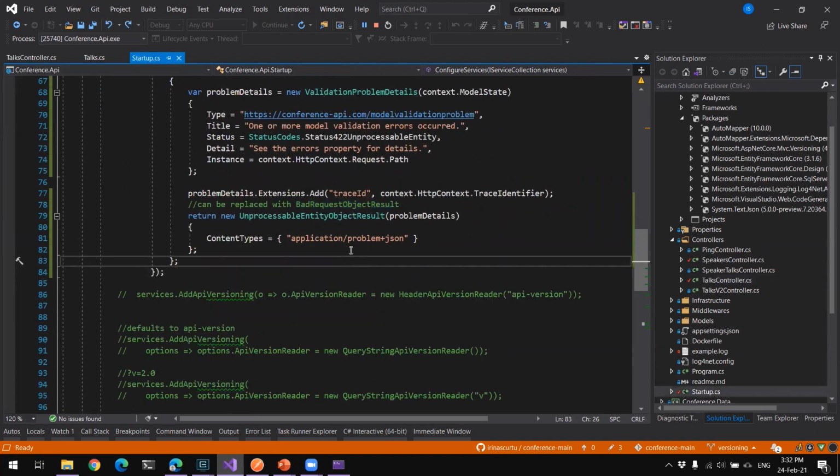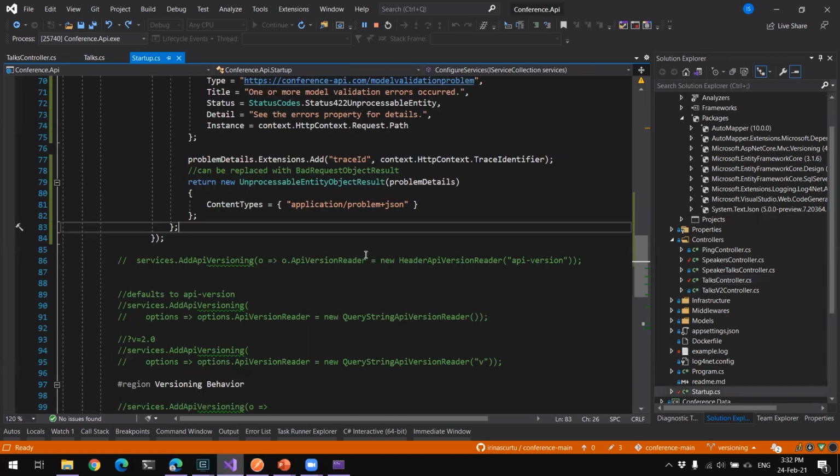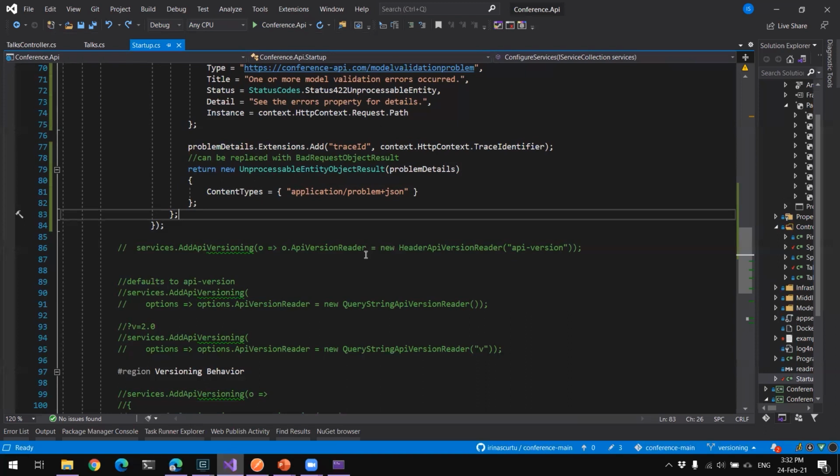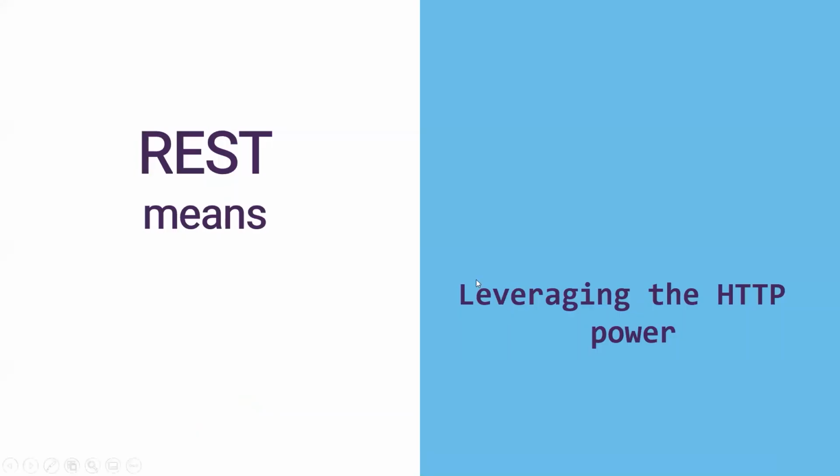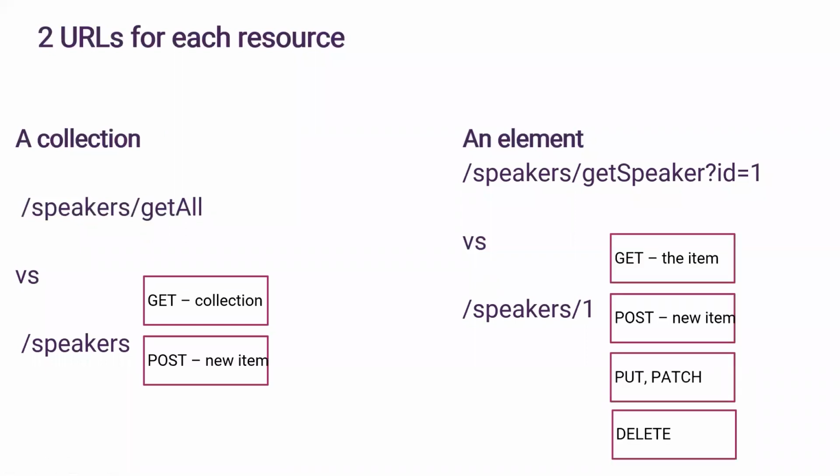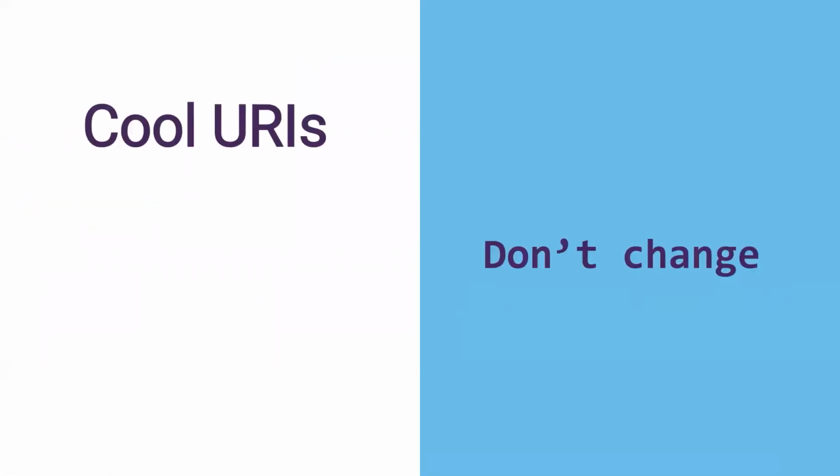And I think we need to talk a bit about versioning, just because versioning is a very overlooked subject. I'm going to look through my slides to see the versioning stuff. The versioning part is related to the saying, cool URIs don't change. So if you have speakers and you have the ID after the speakers, and after the ID something related to that speaker, like hierarchical entities, well, if you change those when you change the version, you change the URIs, and you might end up with something not found in your website or the client app.